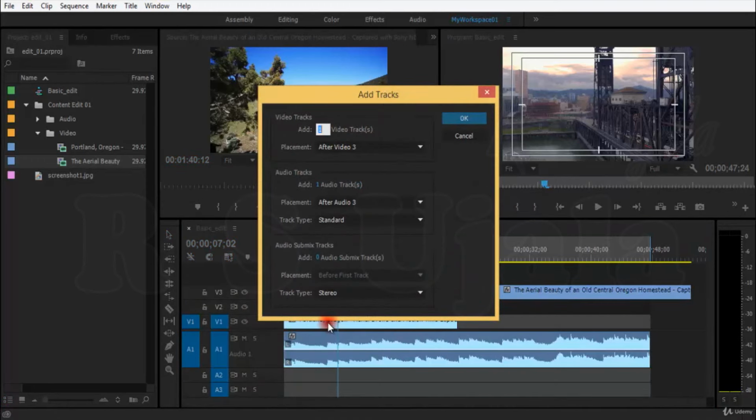So a dialog box pop-up has been opened, and now you can see it is asking how many tracks you want to add. Say I want 2 video tracks to be added, and this is a very good feature. It also asks for placement after video 3, which means above video 3, after video 2, after video 1, before first track, which means below first. So I would say, for example, before first track,